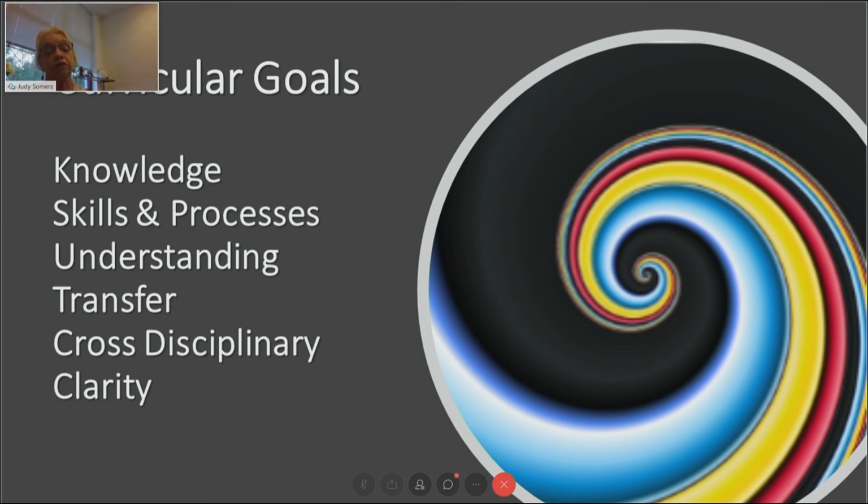We also want to set goals for the skills, the processes that are a part of the topic, the curriculum. But we definitely want to develop goals for understanding,